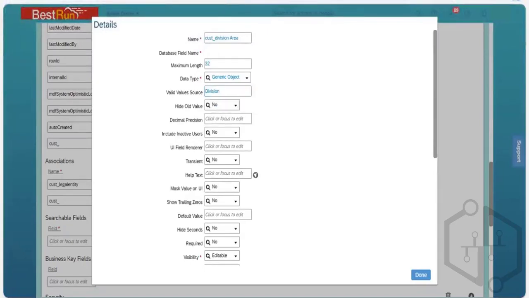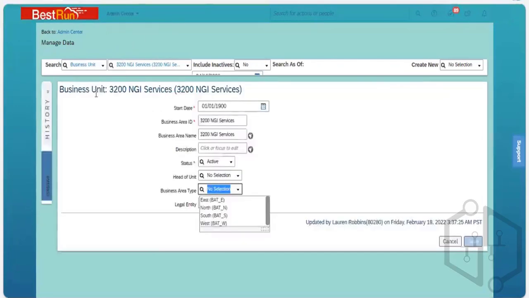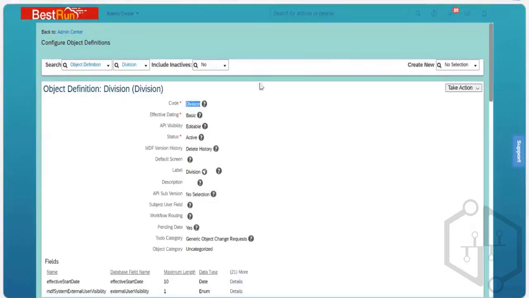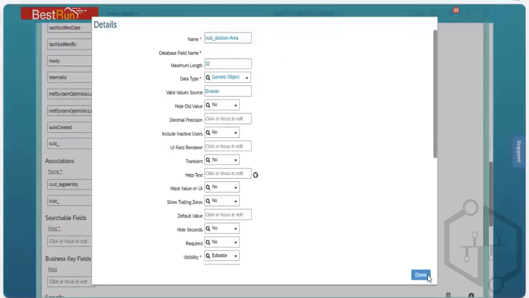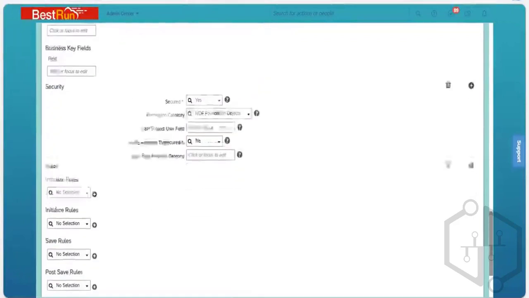When I take it for the division, whatever the division values in the managed data, whatever records we have created, those values will start populating. Okay. So when I click on done here and when I click on save,